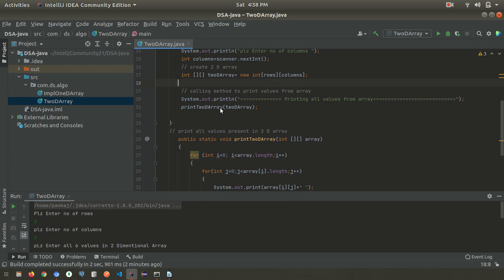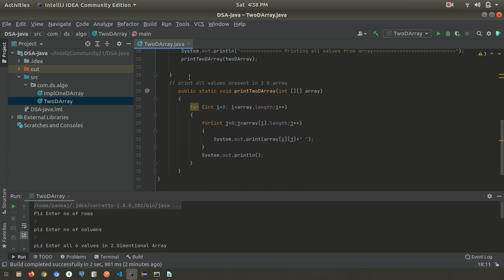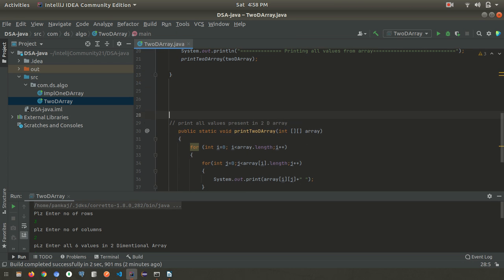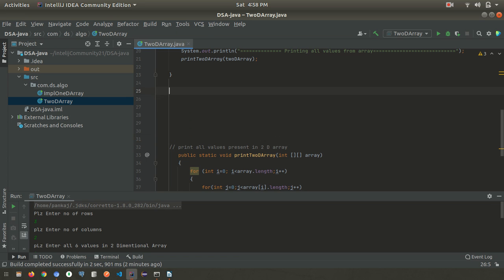So we'll cut this code, we will write a separate method to take input from the user. So just give some space. So method to read data from user,